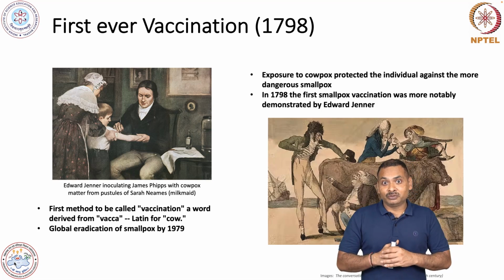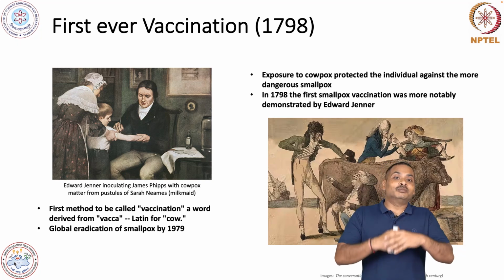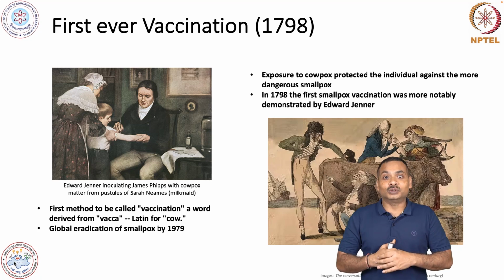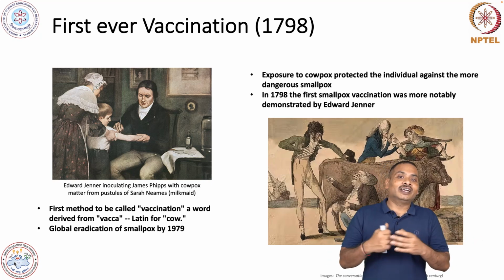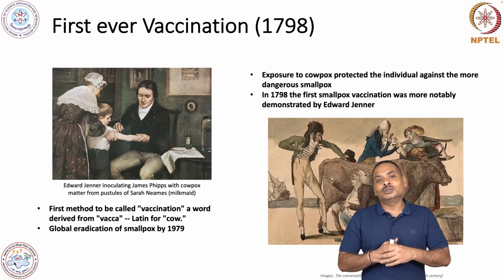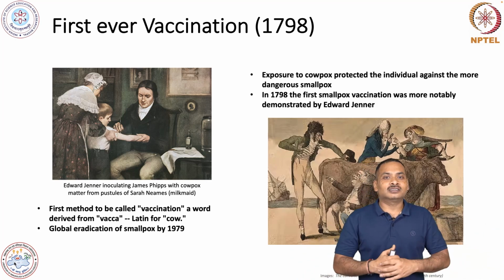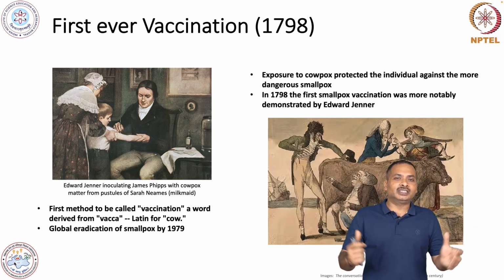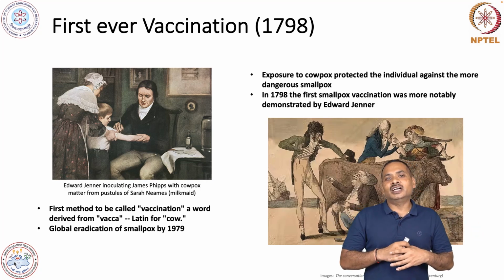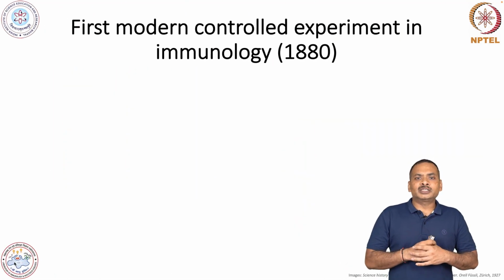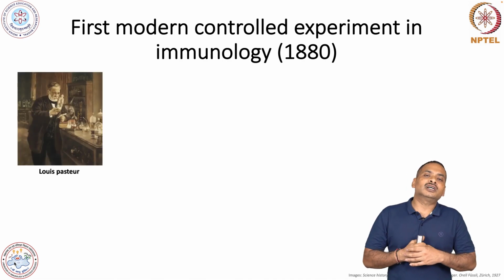And you may be very much surprised that at that time for this work he received 30,000 pounds, in 1798. It's a huge amount of money at that time, in order to continue his work, plus to spread his success. And he became a member of all the big societies and all those things. So this was Edward Jenner's work. Later on, the first modern controlled experiment in immunology was started in